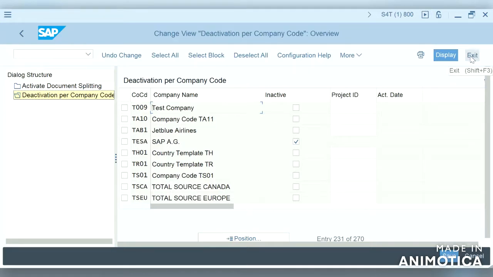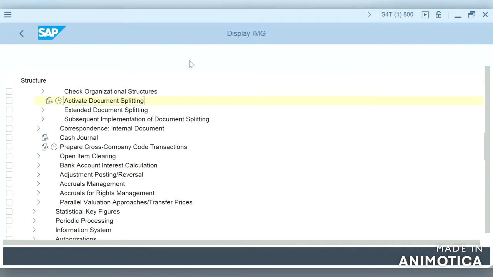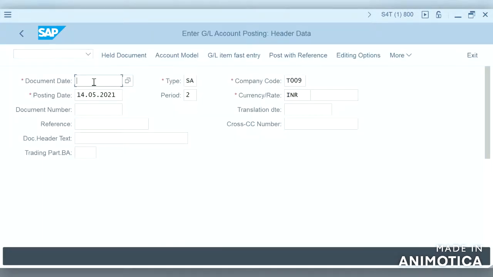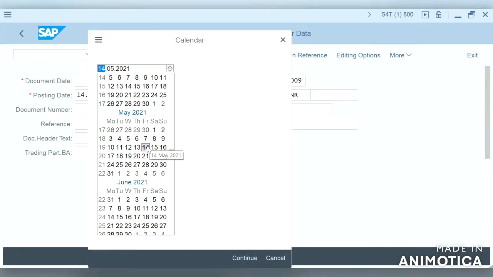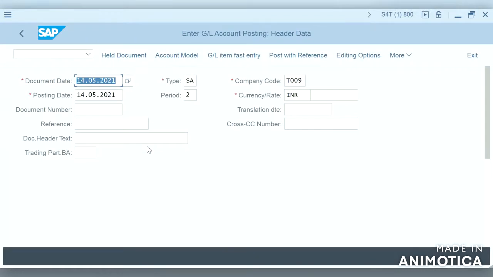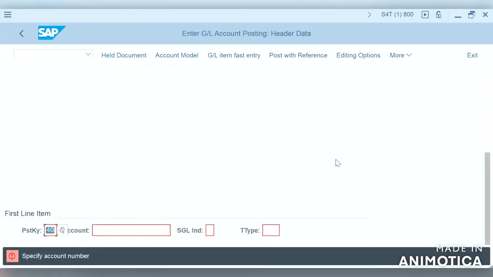So now let us move on and create the document which we did before. Actually, I have not activated any controlling area to my company code. Let us see what kind of errors we get.